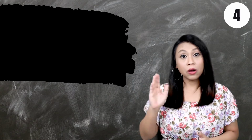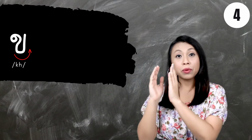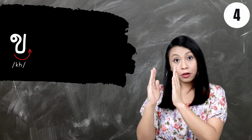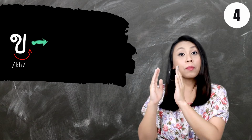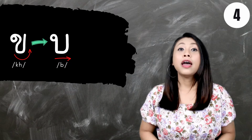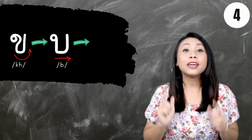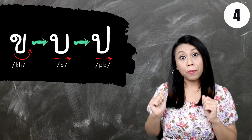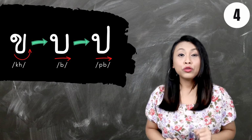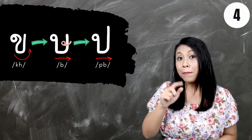the next one is ขอไข่ from ขอไข่ if we write the body wider like double it turns to be บอใบไม้ and from บอใบไม้ if we add longer end to it it turns to be ปอปลา and also from บอใบไม้ if we add ไม้หันอากาศ